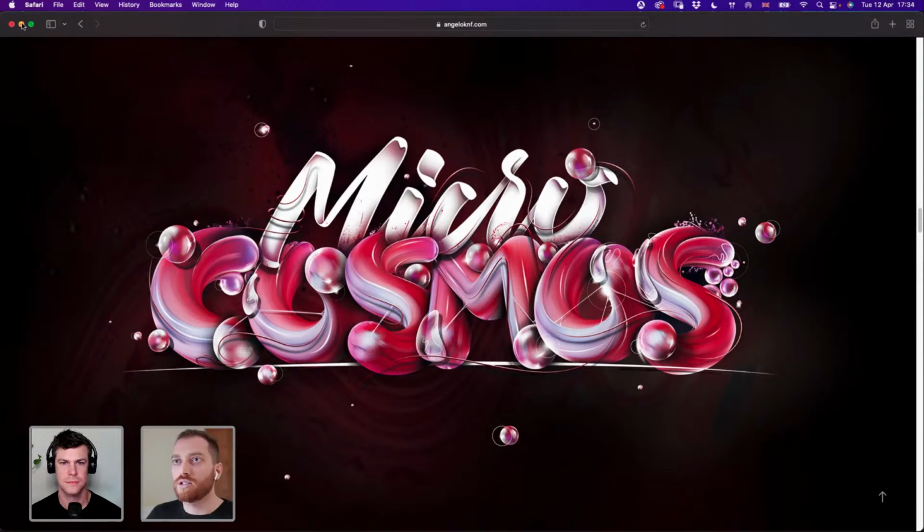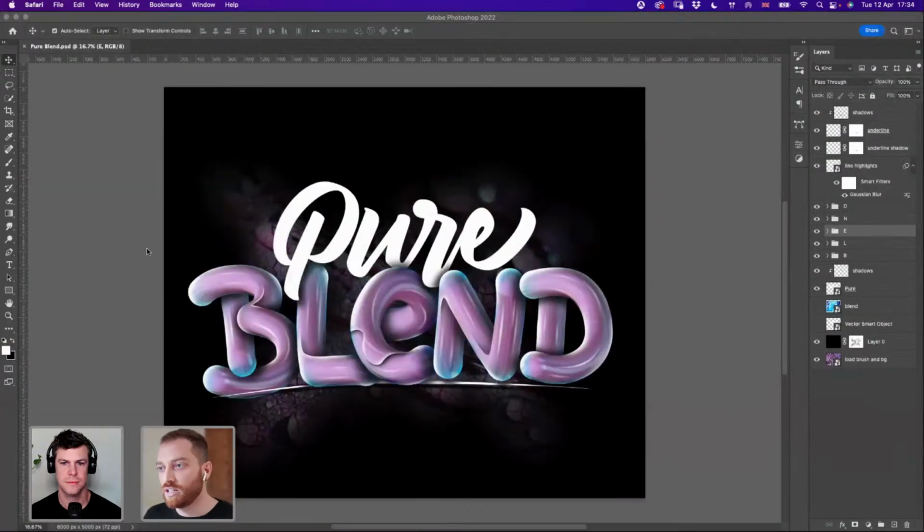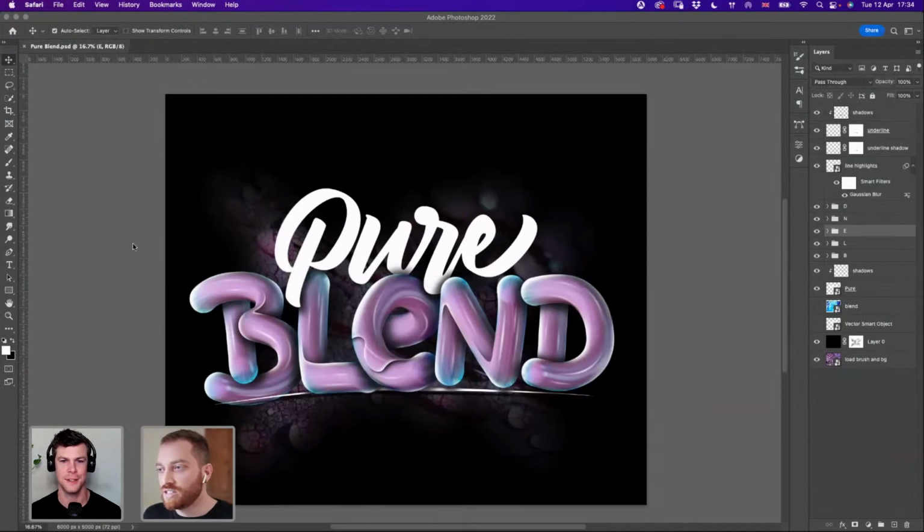So we can go actually to see what we did yesterday. This is where we were. And so we have added some of the highlights here, some of the shadows, and we saw some techniques with the pen tool. We're going to use that again today because I'm planning to add more effects like this, some kind of a different texture on each letter. So yeah, I would like to add some more on the L maybe, and D.